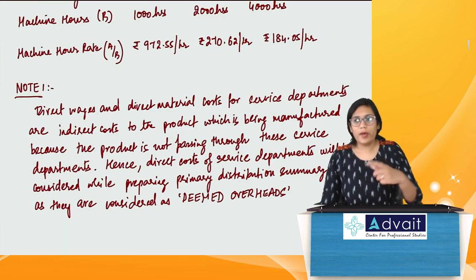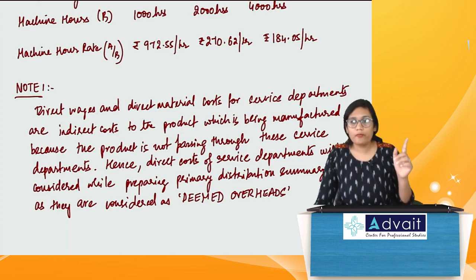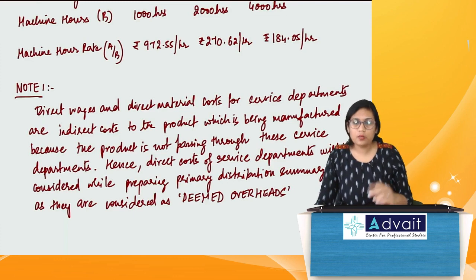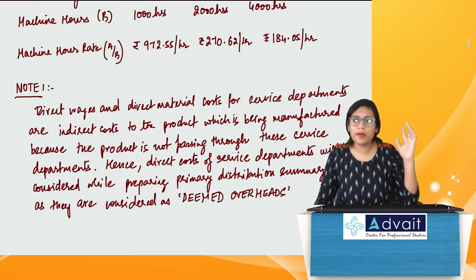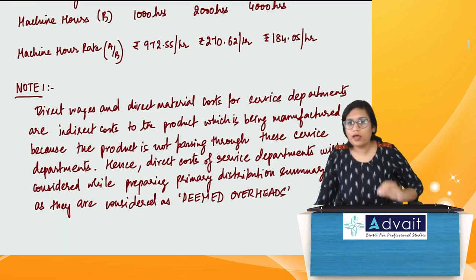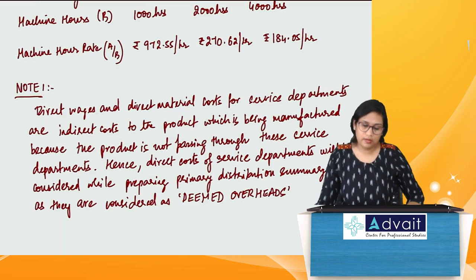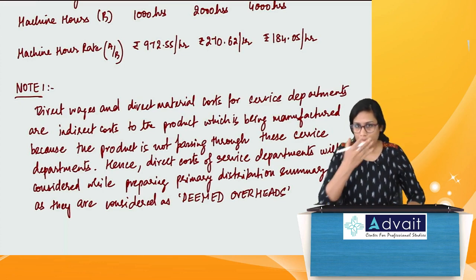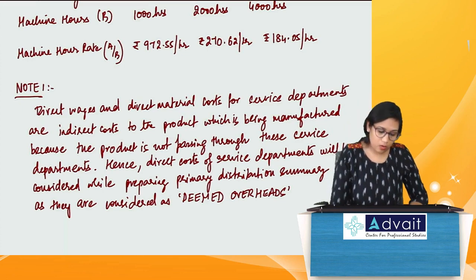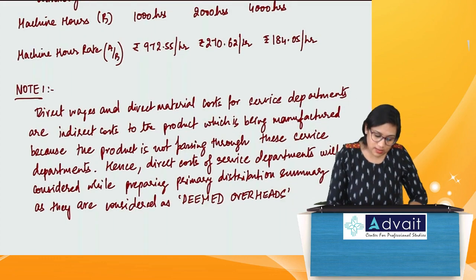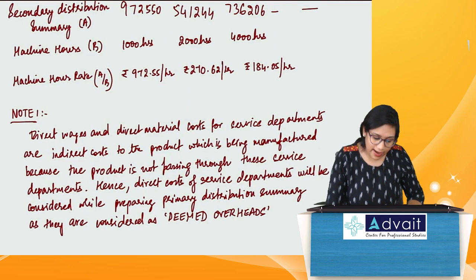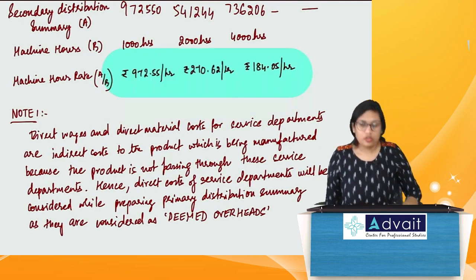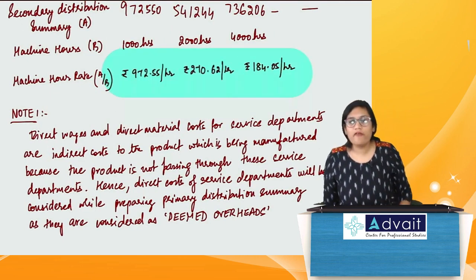Right, guys? But the direct costs of production departments will not be considered, because those costs will be direct to the product, and if they are direct, then they are not part of overheads. They will come as part of prime cost. Which chapter are we studying? We are studying overheads. Guys, is it okay? Everybody? Now, you have done this apportionment, reapportionment and absorption, right? So you have got these figures which I have highlighted.